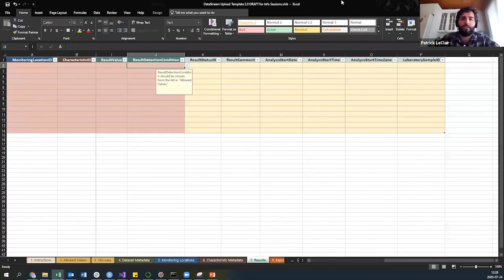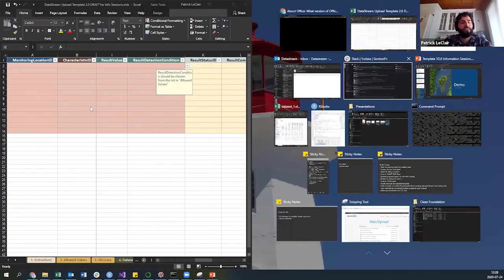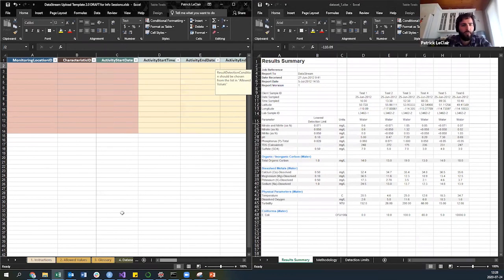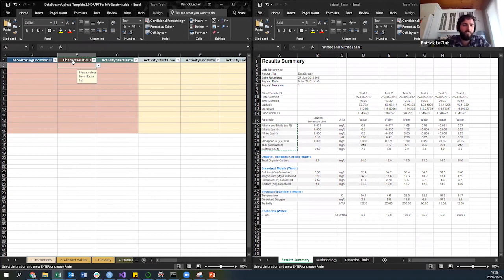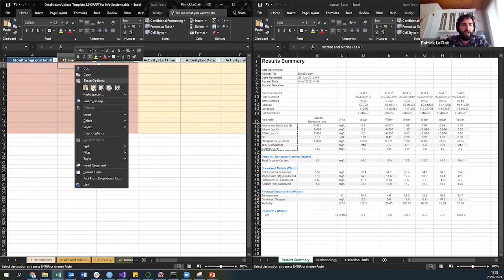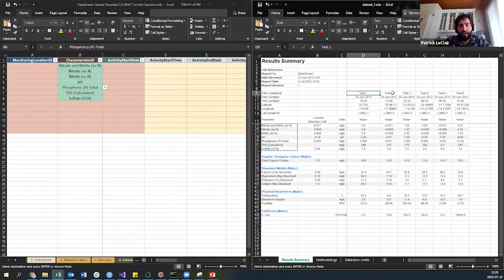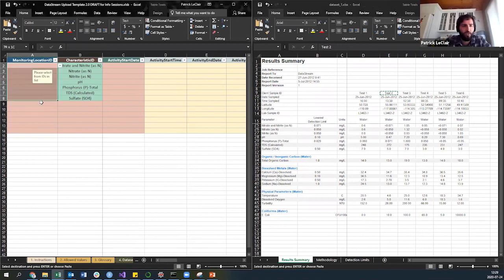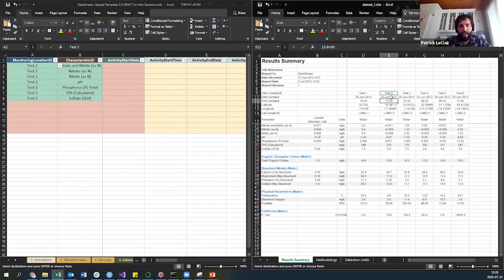Now all I have to do is add my results. To add my results, I'm going to use an example here from this lab sheet. It's a lab sheet from a lab called ALS, a pretty popular lab, but you can use whichever lab sheet you get. So for example, I can just copy in my parameters. Make sure when you copy stuff in, you right click and go to values. If you don't do that, it'll delete the formatting. So that's all in here. I want to add my location. So let's say we go to test site 2, put those in. Again, clicking values. I'll put in my date,